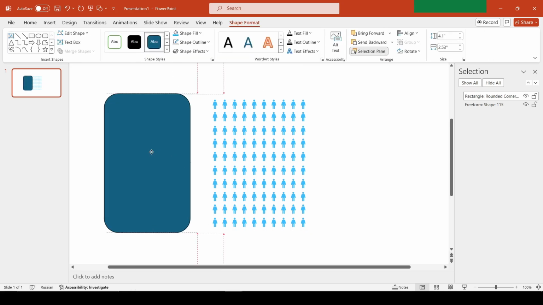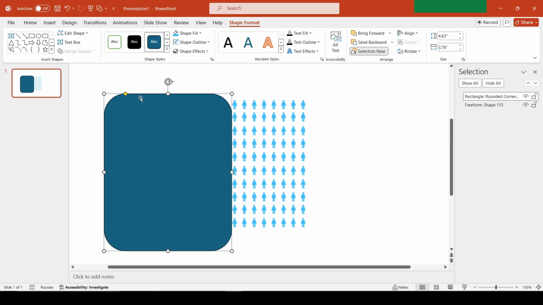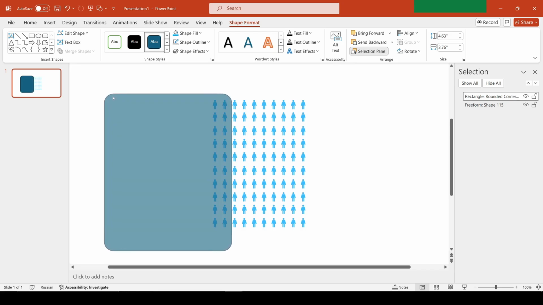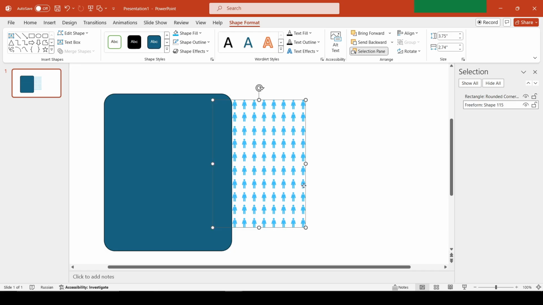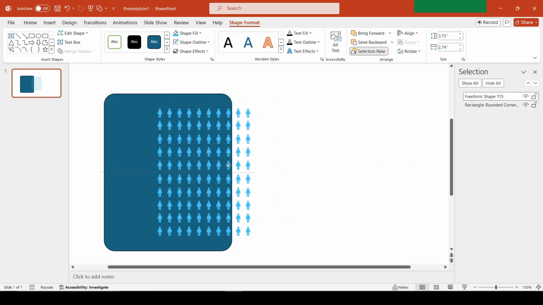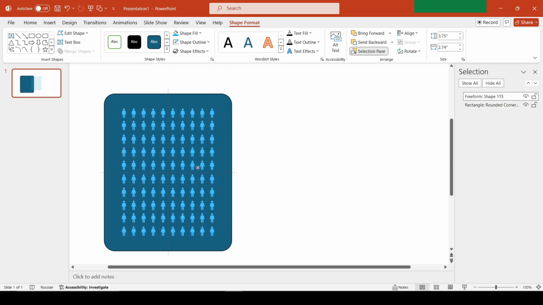Create another shape in the form of a rectangle with rounded corners. Overlay the shape with the person icons onto the rectangle.